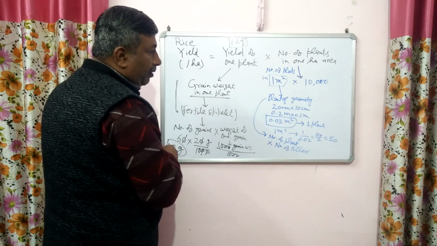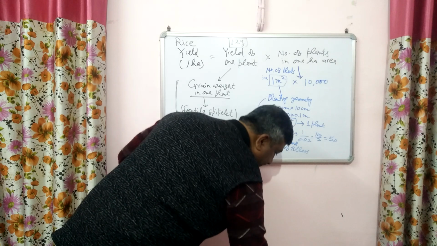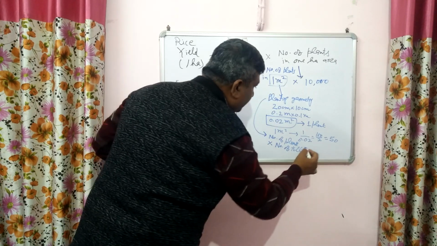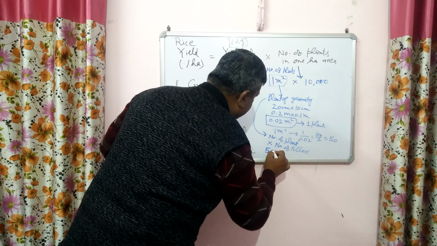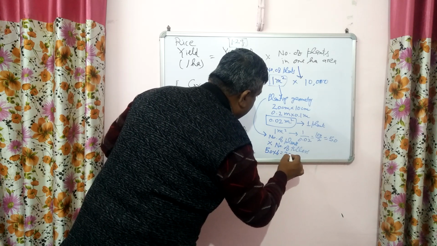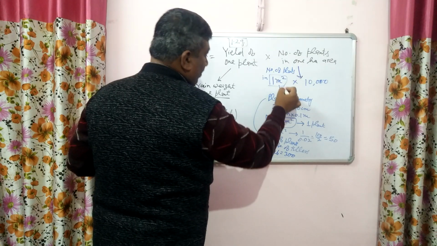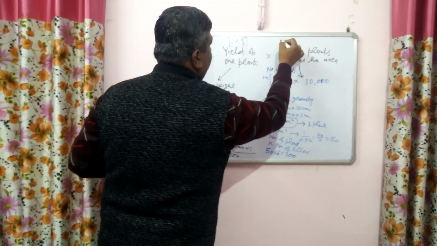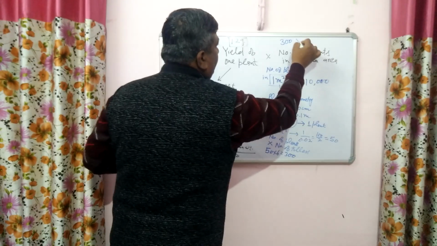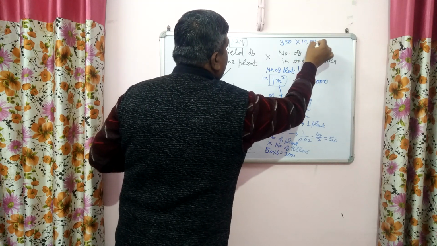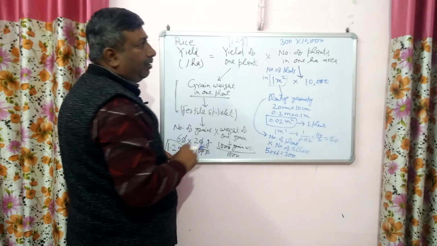Okay, number of plants, this is planting geometry, and number of tillers are suppose 6, then it is 50 by 6, that is 300. So now number of plants in 1 square meter area is 300. So 300 plants in 1 square meter area, so in 10,000 it is the number of tillers, or effective